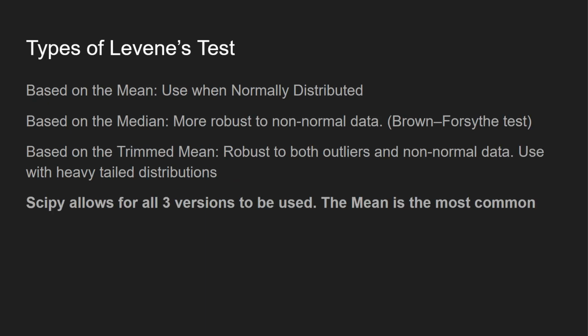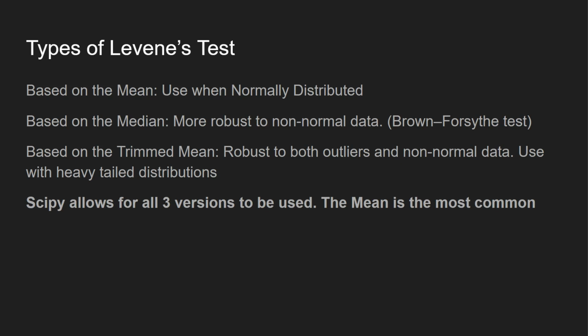So there's a few different types of Levene's test out there. You can use it with the mean, you can use it with the median, which if you use it with the median, you'll also hear this called the Brown-Forsythe test. And you can base it off of the trimmed mean. In SciPy, you're allowed to use all 3 versions. Just use your parameter in there and say if you want to use the mean or median. Although I will mention that the mean is the most common version, but in this video, we'll be going over